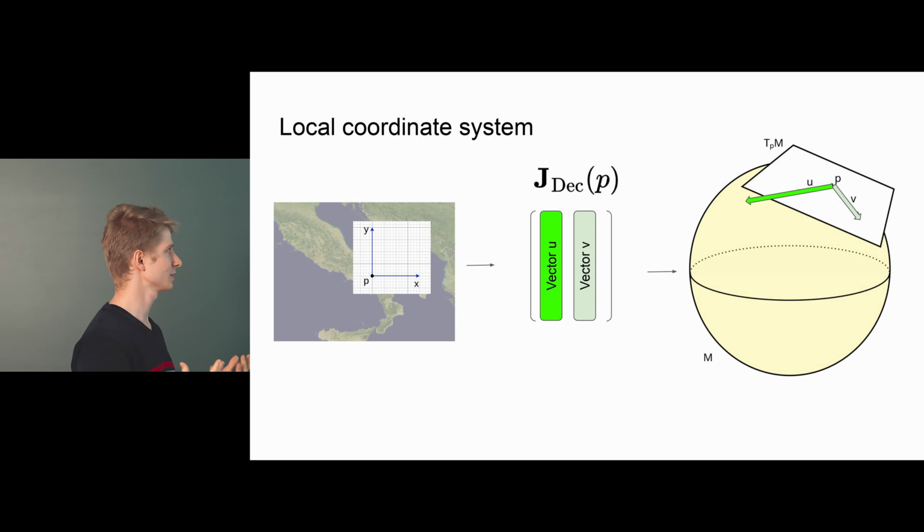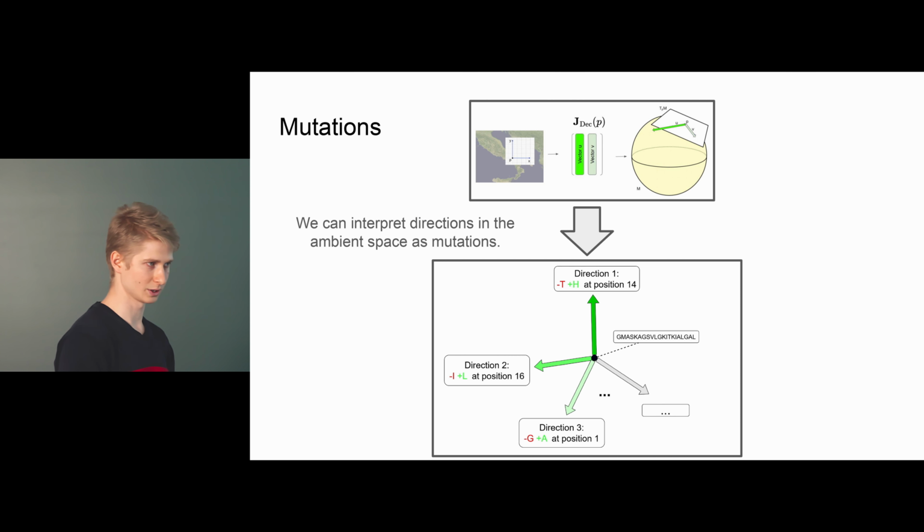And in this case, the coordinate system can be computed as the Jacobian of the decoder of our autoencoder model. And because we have to compute it anyway, we can use those directions of our coordinate system